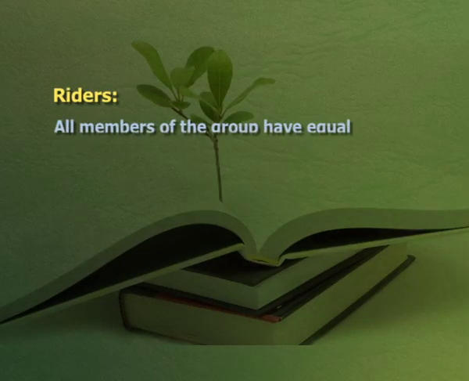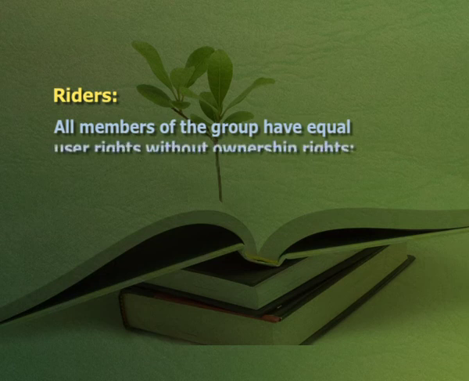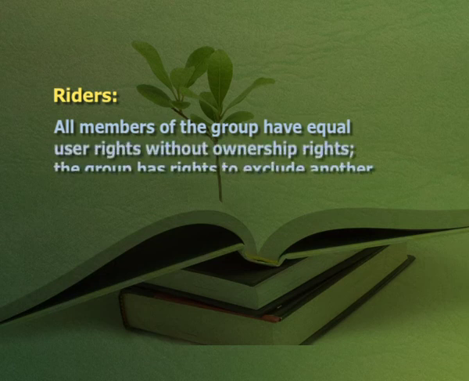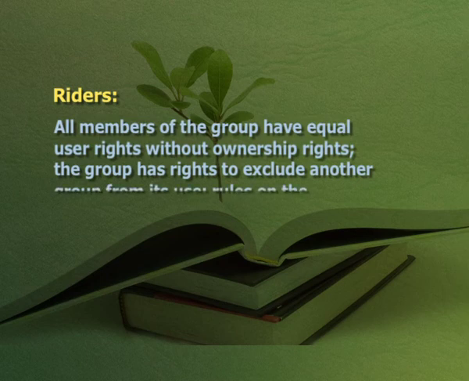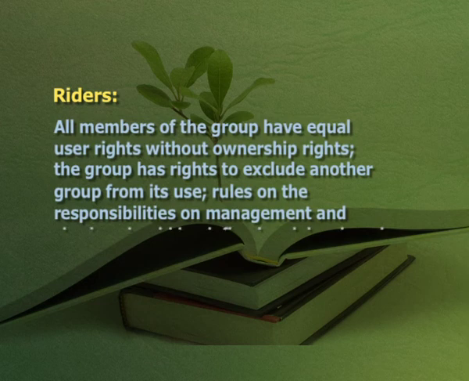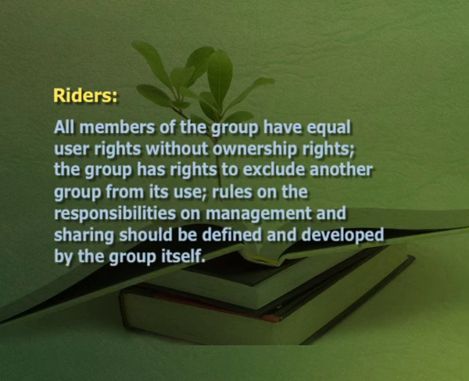The definition of CPR should have some further riders such as all members of the group have equal user rights without ownership rights. The group has rights to exclude another group from its use. Rules on the responsibilities on management and sharing should be defined and developed by the group itself. Common property resource assumes the nature of open access or fugitive resource whenever one or the other characteristics mentioned here